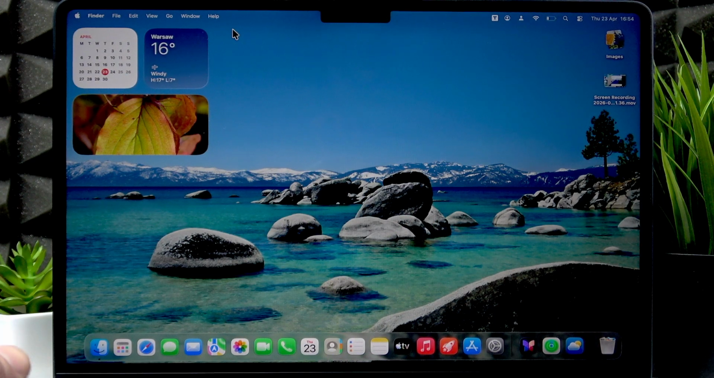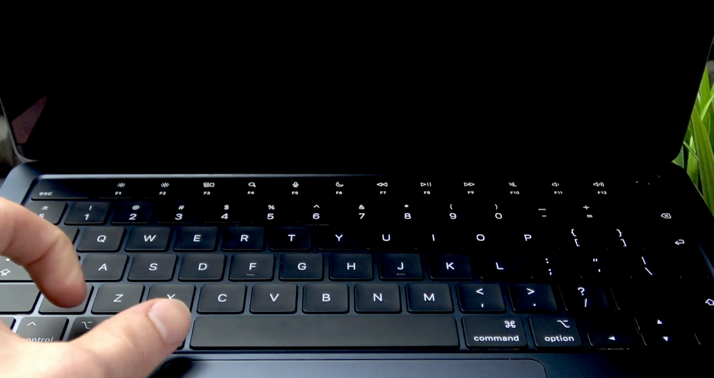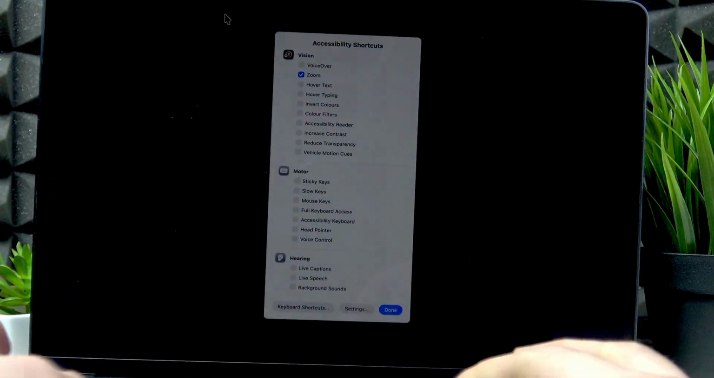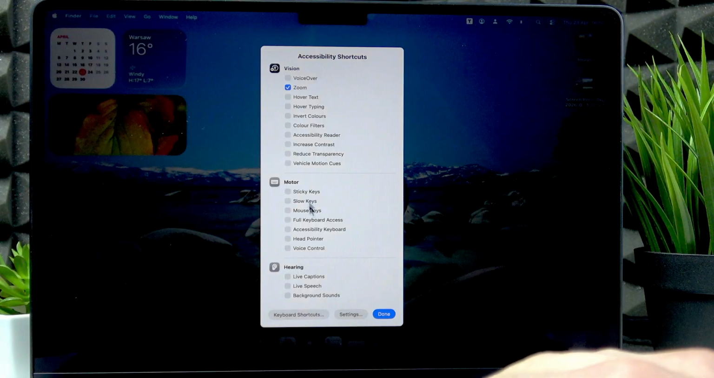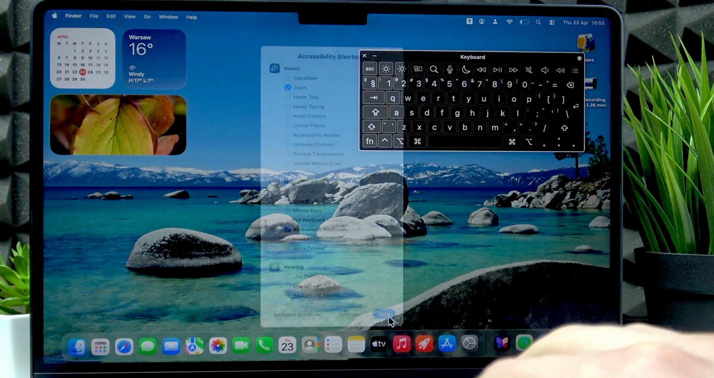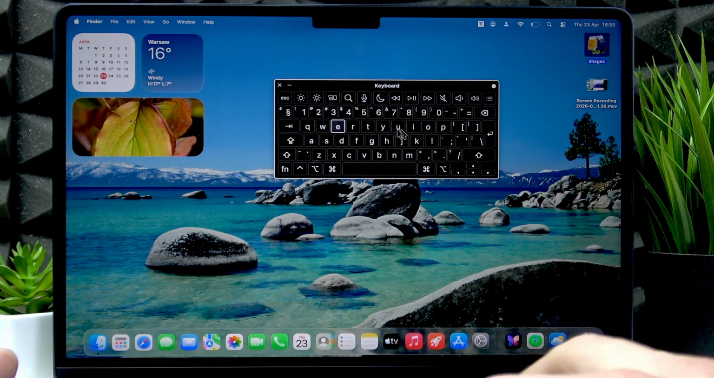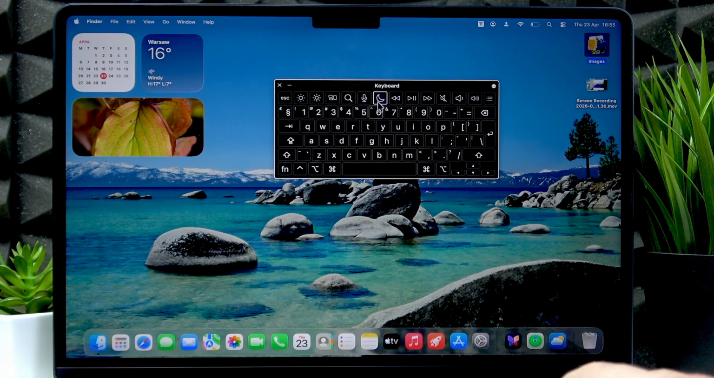We can toggle the on-screen keyboard on by accessing the accessibility shortcuts. To enter accessibility shortcuts, we have to press Option, Command and F5 buttons simultaneously. This will open the accessibility shortcuts, and here we're gonna have to select accessibility keyboard, hit the checkbox next to accessibility keyboard, then click Done, and this will open an on-screen keyboard on your display, and you'll be able to use it just like you do with the regular keyboard, except you're just gonna have to